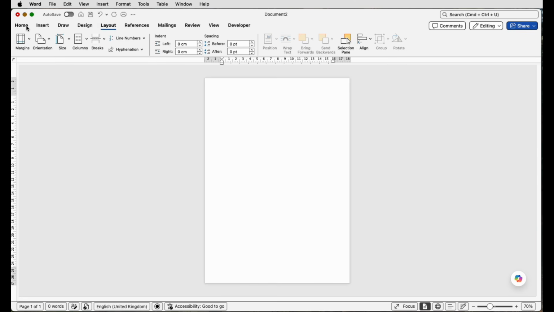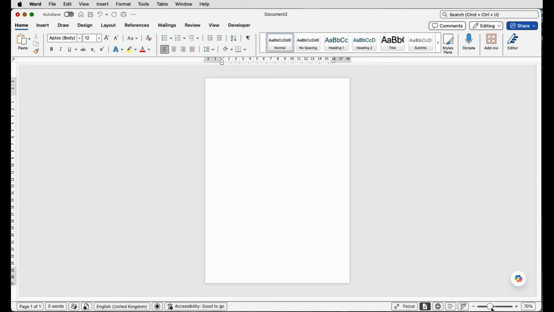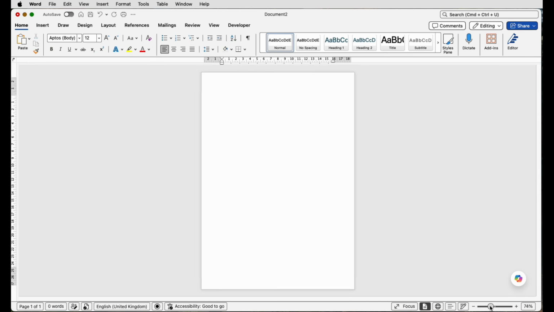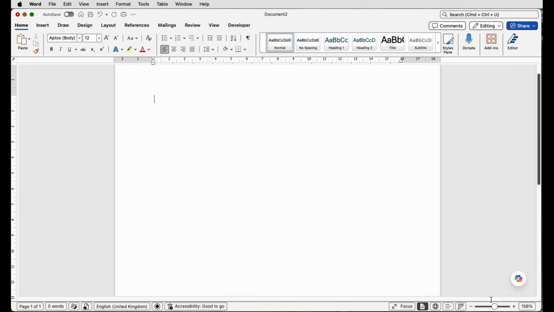So back to the Home tab, and I'm just going to zoom in by using this little scrolling button at the bottom here. Click on the little circle and move it to the right, which means that you can scroll in and make your page a little bit bigger. So the first thing you'll want to put in is your address. So if we type in an address,